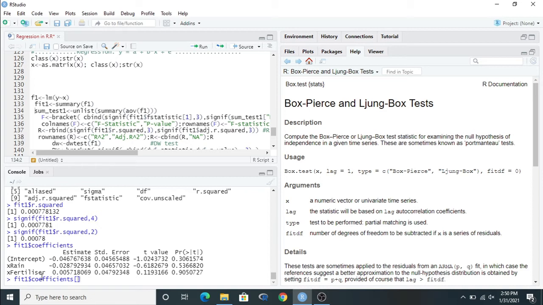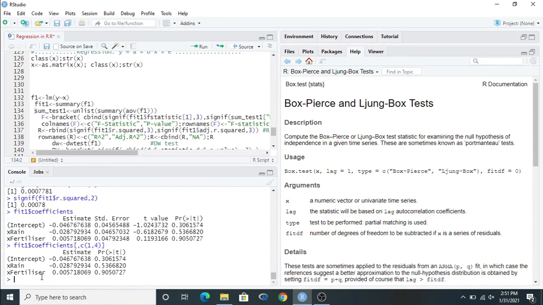I want all the rows, so for rows this is nil, and for the first and last columns I use c, then 1 comma 4. Just run this and you can find it will show only the estimate value and the p value.